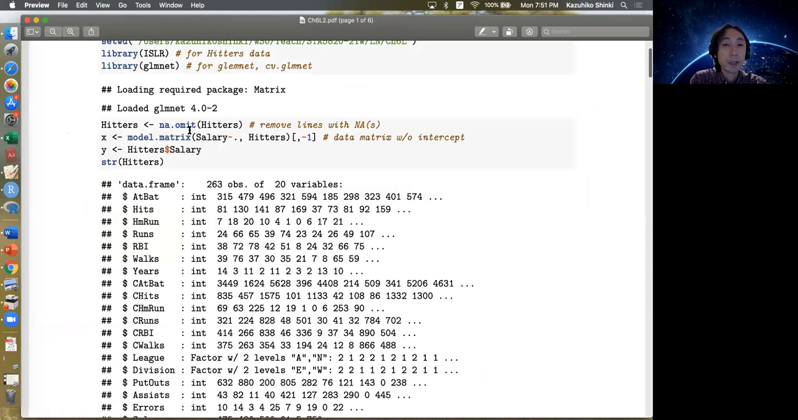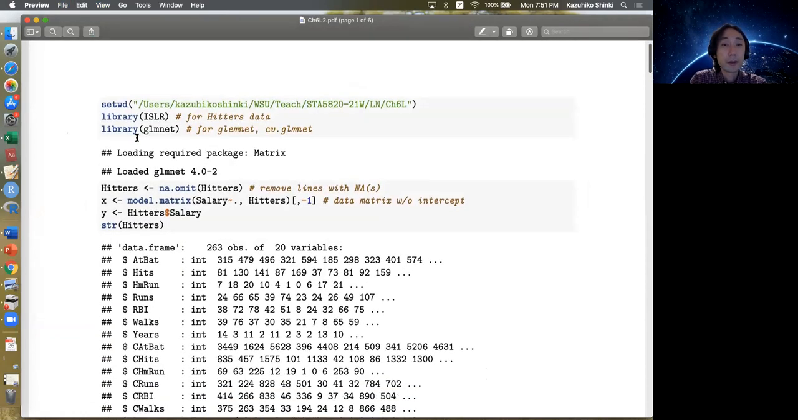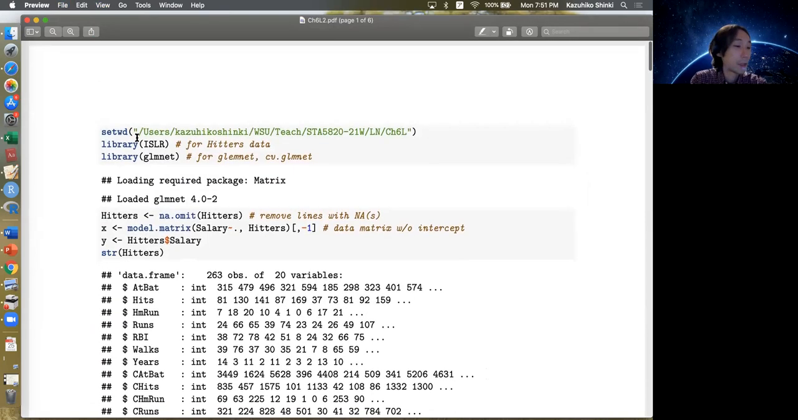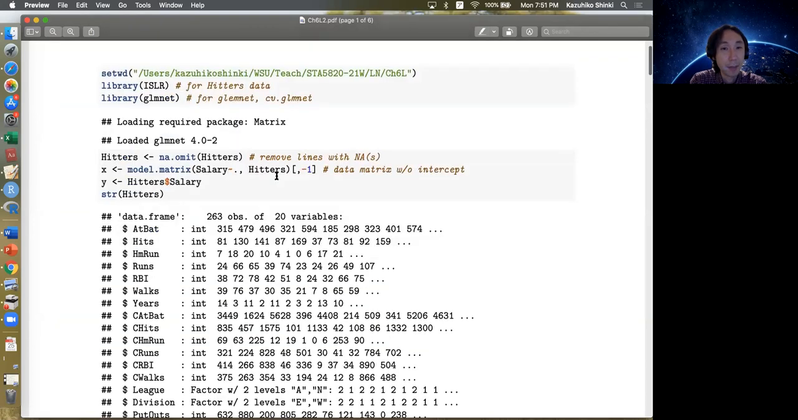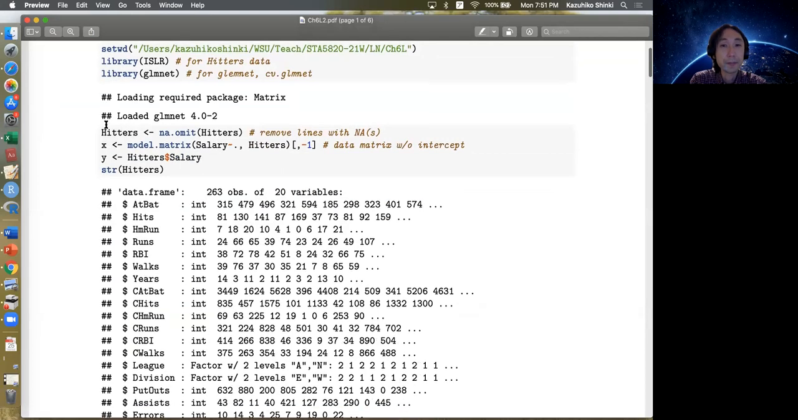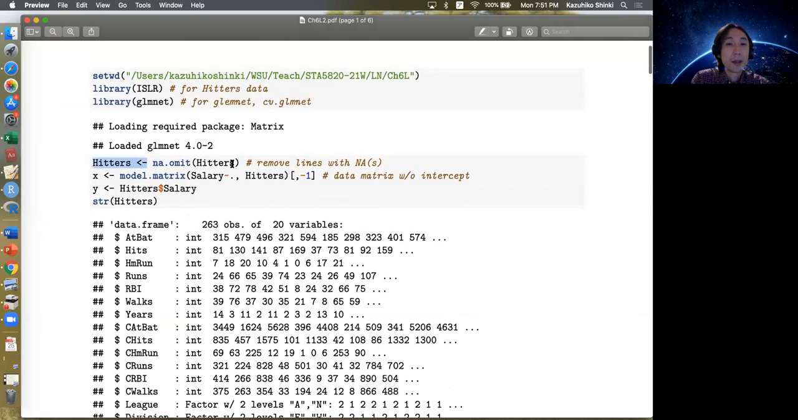Okay, so chapter 6.2 is regularization methods. That is ridge regression and lasso. We do this by using the glmnet function. And we use the Hitters data. This is the baseball data. We use this data from the ISLR, Introduction to Statistical Learning with R package. So, after loading these libraries,